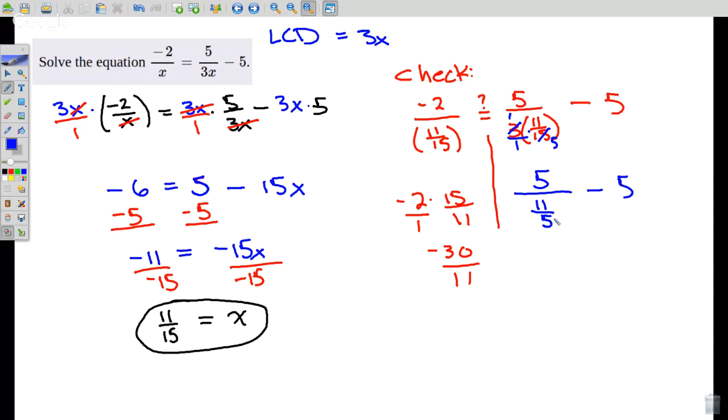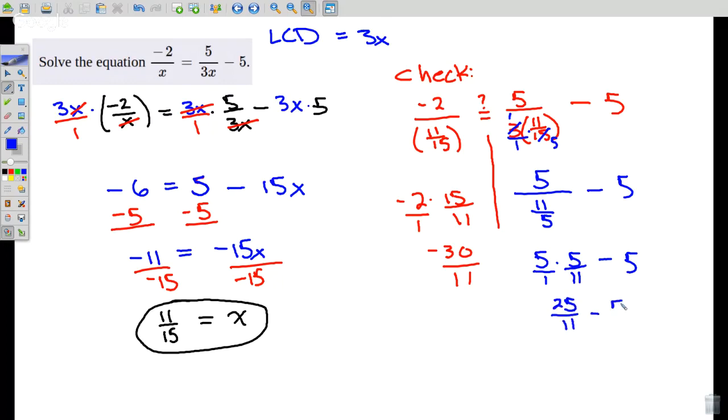So remember, division of fractions means multiply by the reciprocal. So this becomes 5 times 5 elevenths. Minus 5 is still sitting out, waiting to be used. Do that as 5 over 1. Nothing cancels ahead of time in the multiplication. So that's going to be 25 elevenths